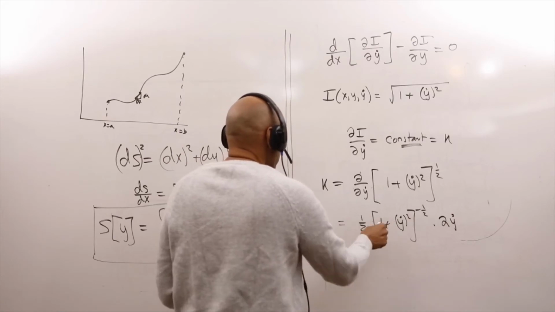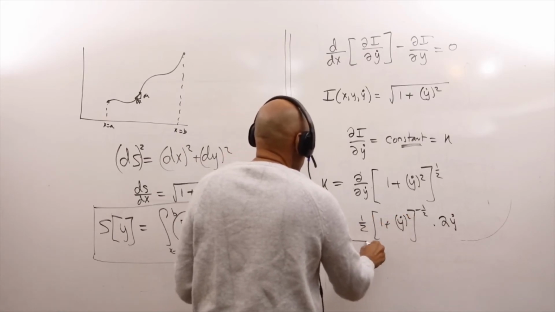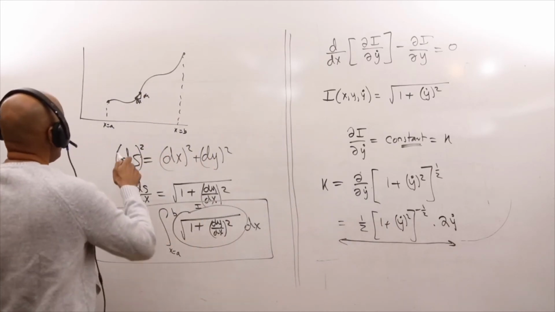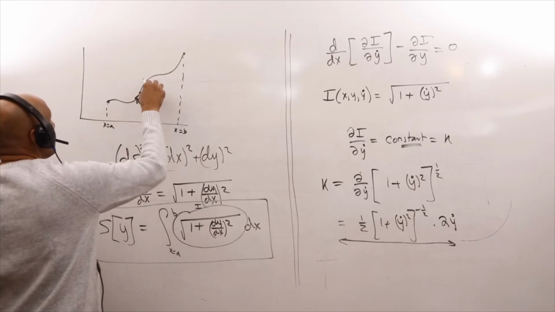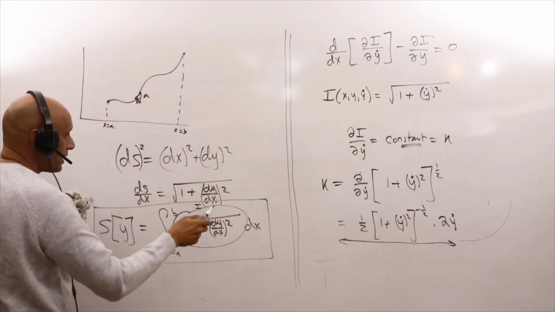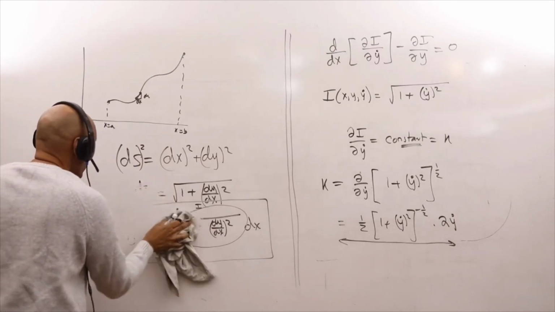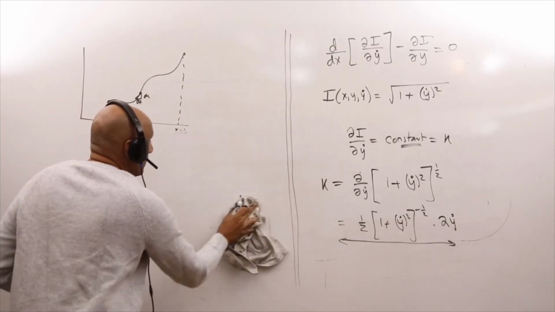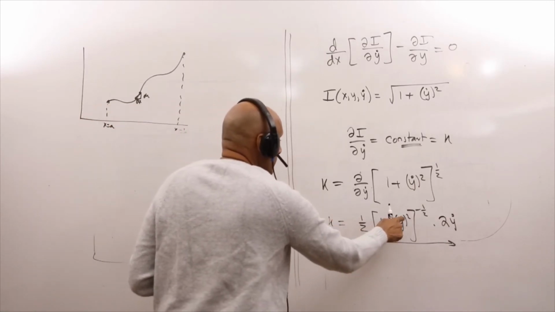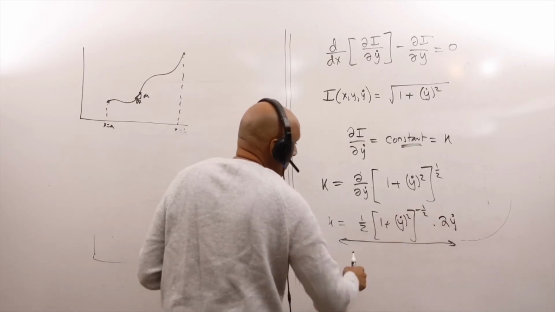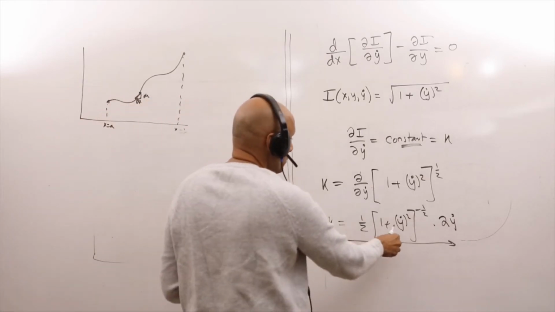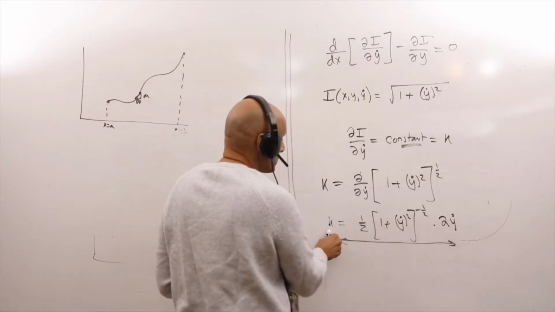So we have this weird equation. Let's analyze this. We're trying to find the extremization path of a curve that's between 2 points on a surface. We don't know what the extremization curve is, but let's find out what it is. So this is a constant. You've taken 1/2, 1 plus y dot squared to the 1/2 and 2y dot, and you might think, wow, this is a really complicated equation, right? How can you change y dot for any value and it's always equal to a constant? Well, that only